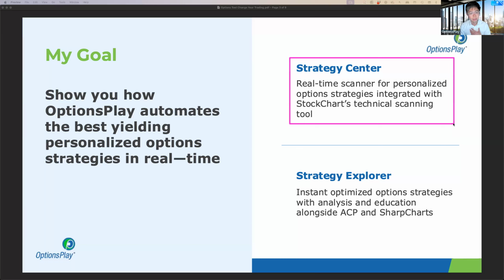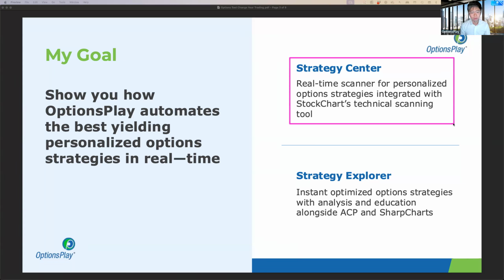We built these tools because as options traders ourselves, we found there were too many steps required before we found a valid options trade, and too many points in that process where we would, for one reason or other, disqualify a specific trade idea. What we wanted to do was automate every single step so that everything shown to us based on the Strategy Center is something that we could potentially execute as a trade, so that we didn't waste our time researching, looking at charts, and looking at options chains for trades that eventually we weren't going to be able to execute. So I'm going to walk you through those steps